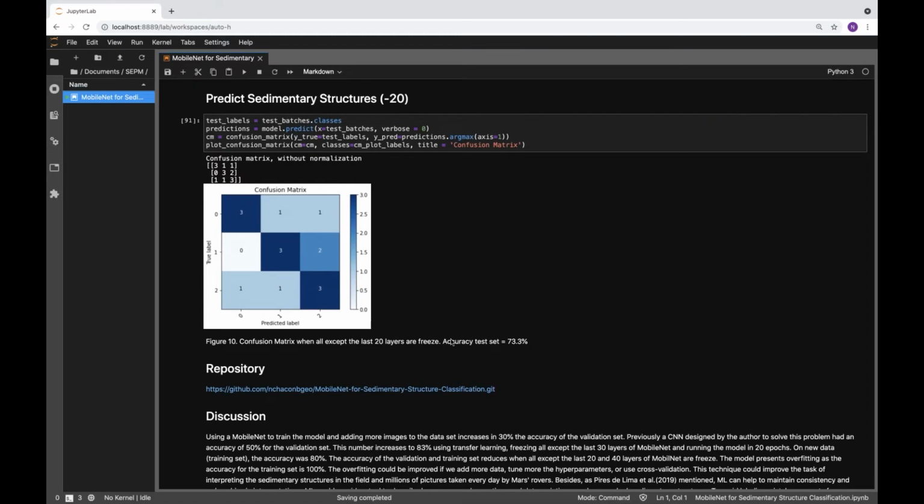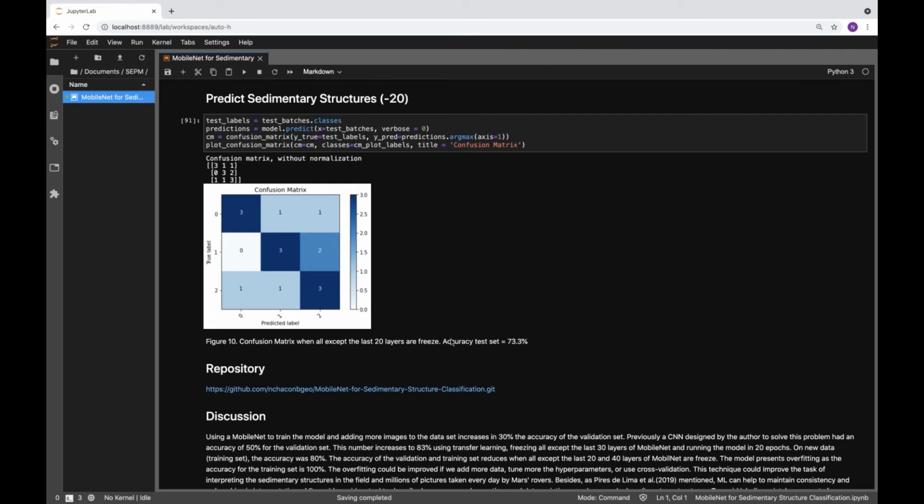Well, this is just an exercise, but I think it has a great importance because it can be a tool in the future to maintain consistency. Because sometimes we go to the field and I can say that I saw something, and some other geologists can say that, no, I found another type of sedimentary structure. So this type of tools can be helpful to have a consistency of interpretation, and also can help to reduce